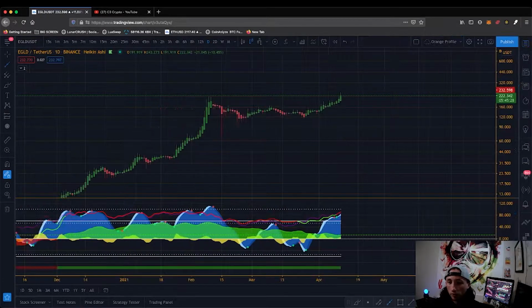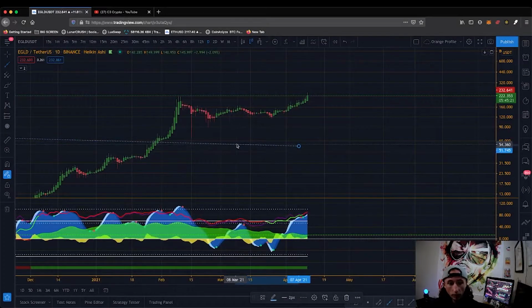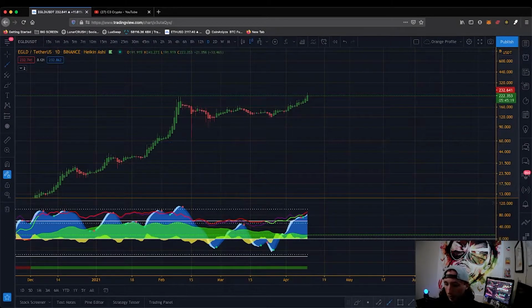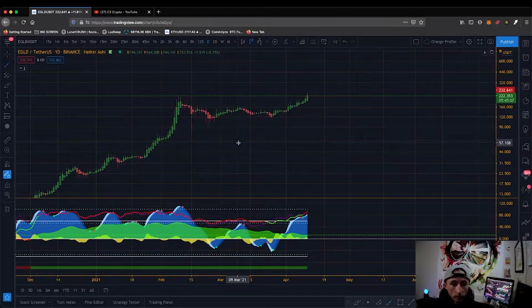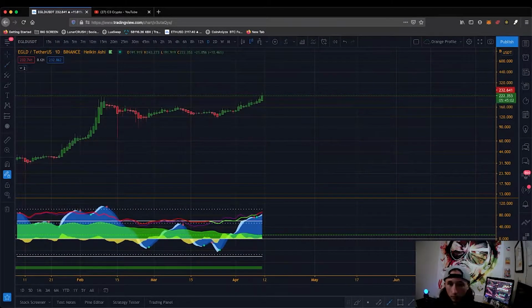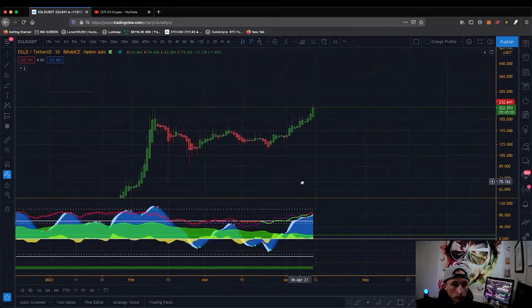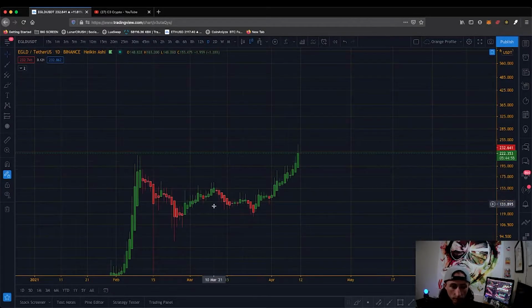I'm going to be showing you how to do this with eGold over here on the Binance chart. So we're going to make sure we're selected on logarithmic scale. We're also going to come over here and select the ray. This will help you draw an exact straight line without much effort. So first, we want to come over here, and let me zoom in a little bit more. All right, so let's maximize this